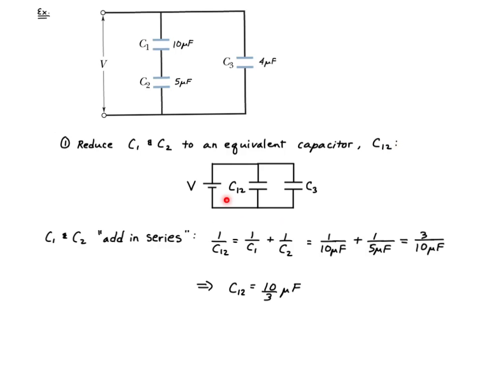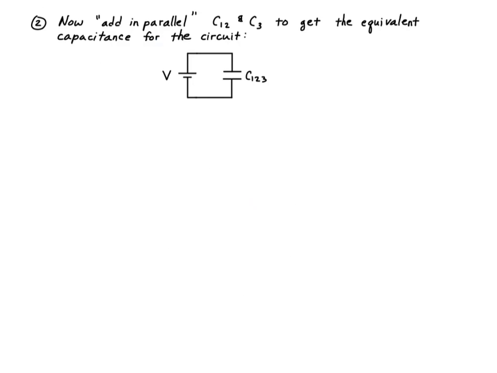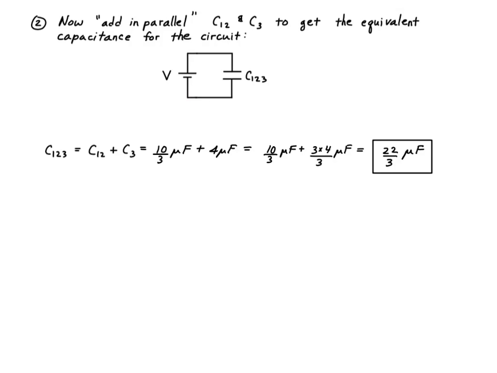Now we want to add C12 and C3, which are in parallel, to get another equivalent capacitance, namely C123, which will be the equivalent capacitance of the entire circuit. Of course, since C12 and C3 are in parallel, their equivalent capacitance simply adds, and it is C12 plus C3, and putting in the numbers, we finally get a value of